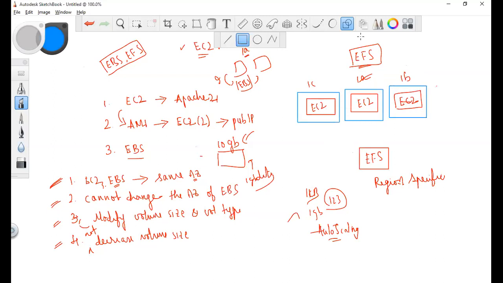Just try to understand slowly. Mount targets is basically creating a network interface, like creating an IP address. Through this IP address, they can connect to this EFS.